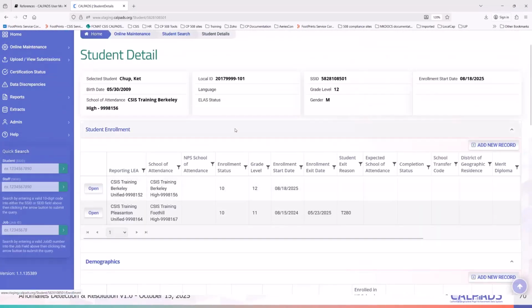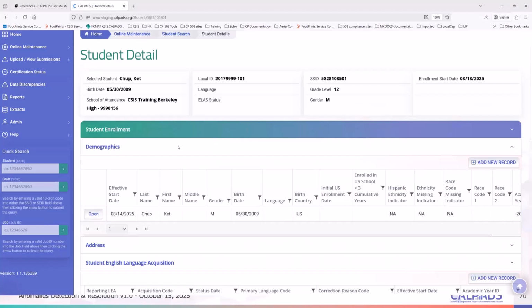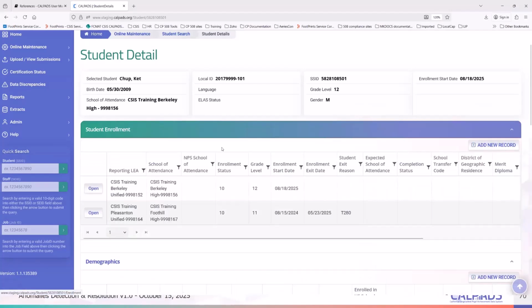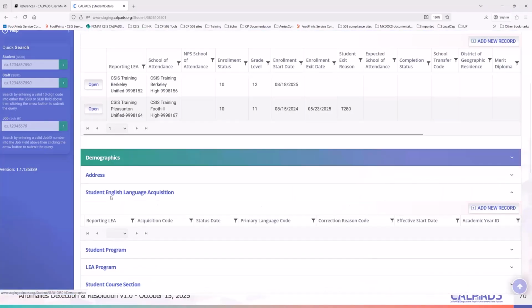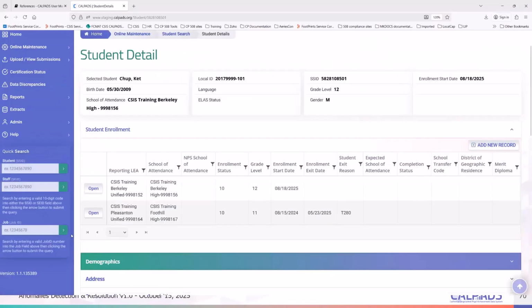So what do you do? By all means, remove your enrollment from this SSID and generate your own SSID. If you have supporting records here, delete those records associated to you and then move on and create your own SSID.